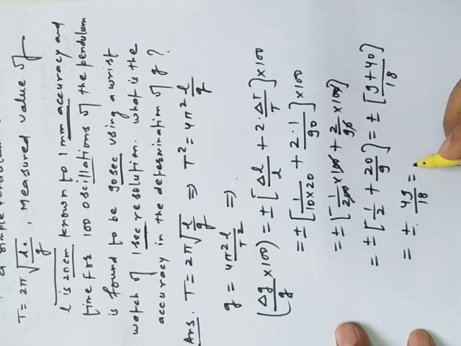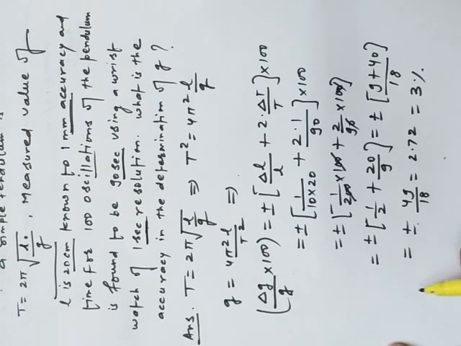Now it will give the answer near 2.72, and to finalize we round off this term, so it will give the measurement that is up to 3%. So we are getting the accuracy with 3% in the measurement. This is another type of question where we are finding the G, so we have to modify the formula.